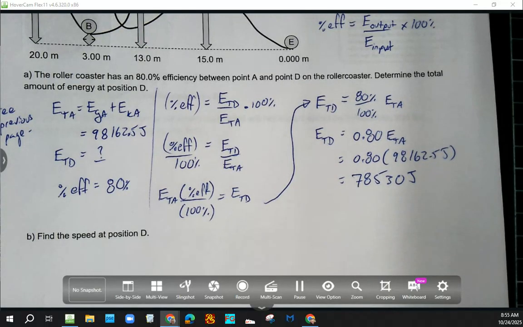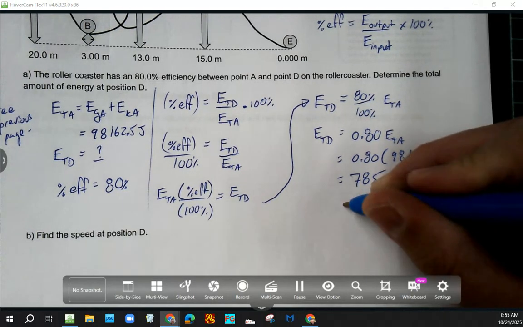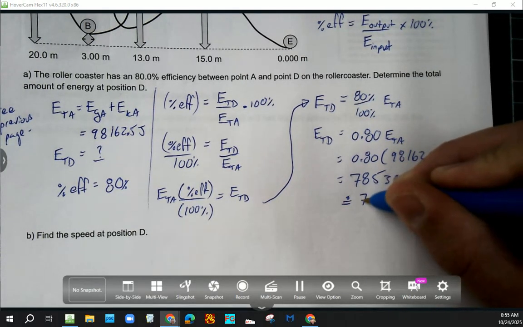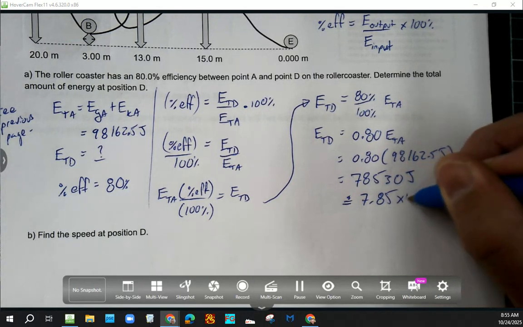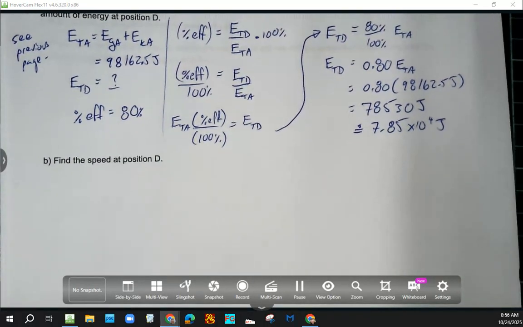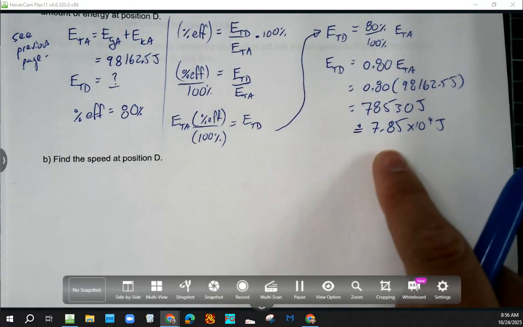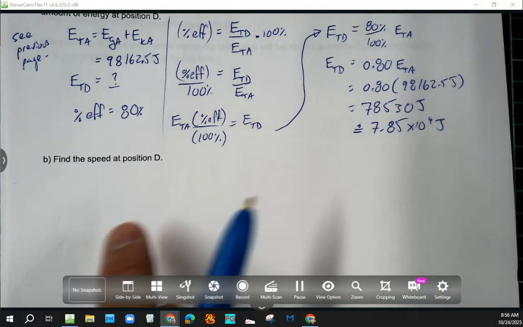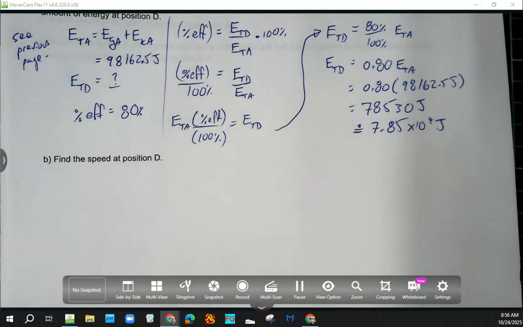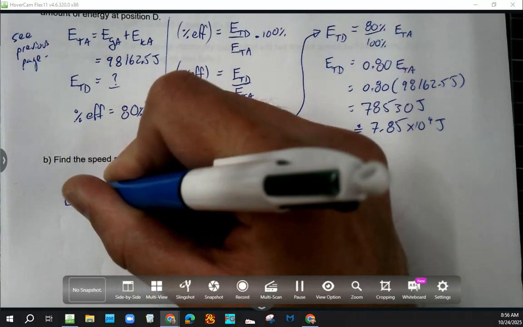All right. And then, oh shoot, 80% is only 3 sig figs, so we've got to just roll with that. 7.85 times 10 to the power of 4 joules. Okay. And then it says to find the speed at position D. Now you notice that you had to have calculated the new total energy because of efficiency before you jump to the speed. And now I can jump to the speed and say, okay, well, E total D equals